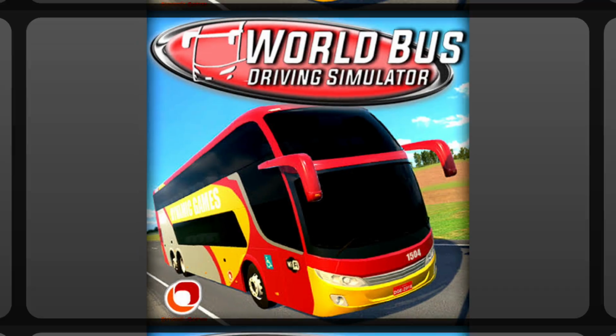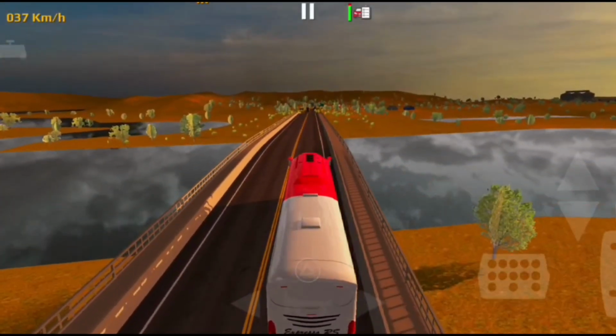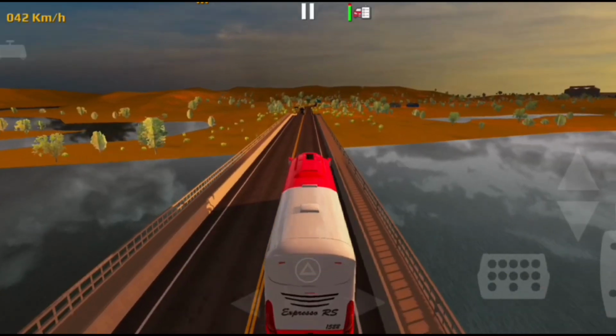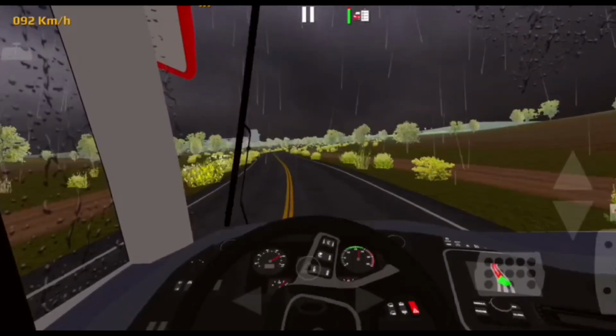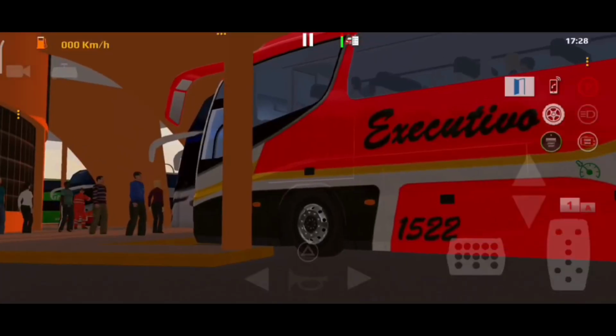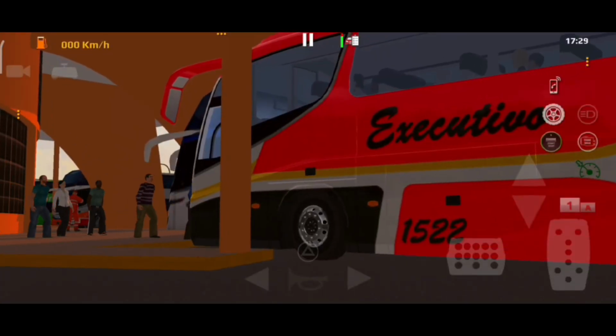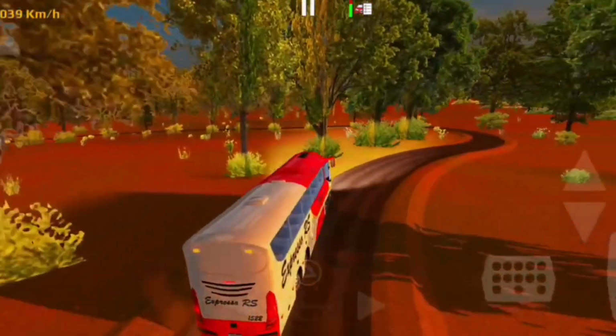If we talk about heavyweight bus games, another competitor of Bus Simulator Indonesia will be World Bus Driving Simulator, developed by Dynamic Games. It was based on a developed concept of heavy bus driving simulator released in 2017 by the same company. The game at that time wasn't quite up to the mark. However, this game is on another level.